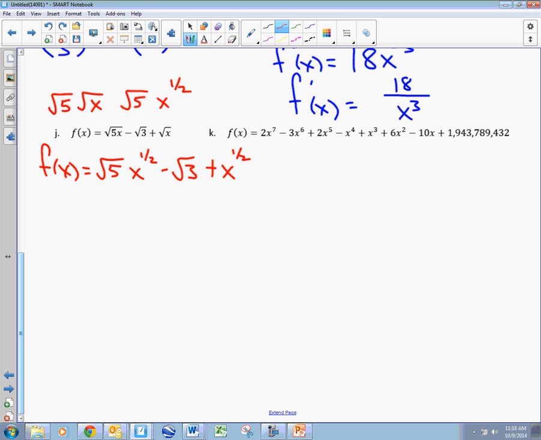Anytime I have a variable, I write the power in rational form. I would like to do that when I actually write the derivative, because I've just rewritten the function. Because this is the function, is it not? The same thing as what I have there. Now when I take the derivative, I'll go ahead and get rid of it. So,